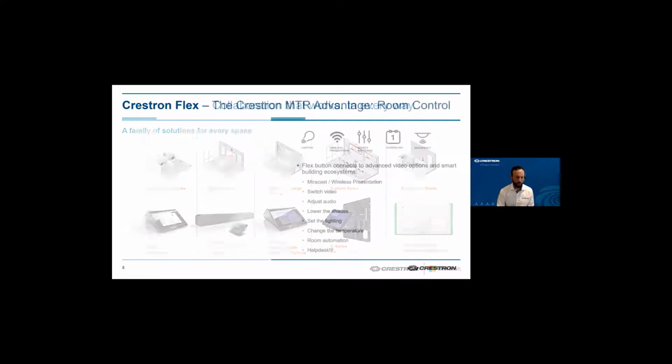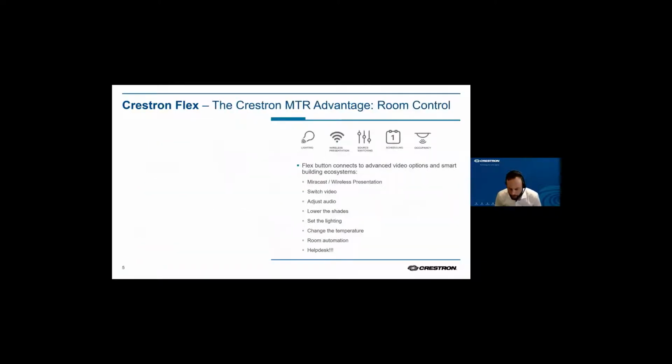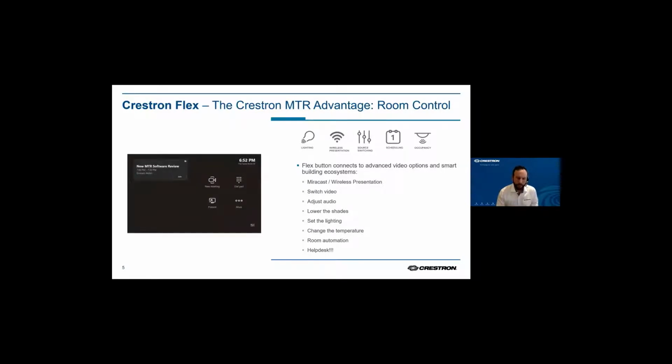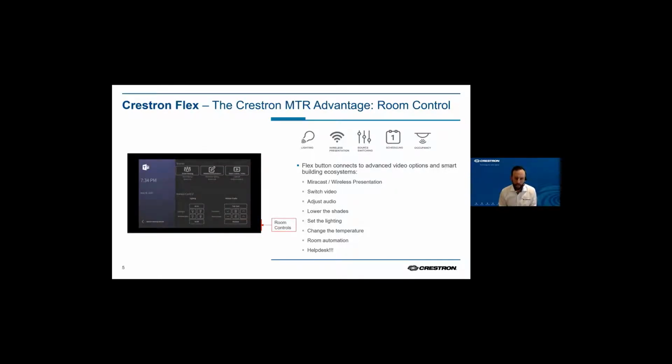One of the distinct advantages that Crestron has is that we have a very, very strong legacy in software-based control for AV meeting spaces. As you will know, when you look at an MTR, it's a very typical user interface, and everybody is very familiar with that. But the Crestron magic appears in the bottom right hand of the screen, because this is where the room control starts to be realized. We've worked very closely with Microsoft to enable the page flip function on the MTR. This gives you your single pane of glass to control that room.